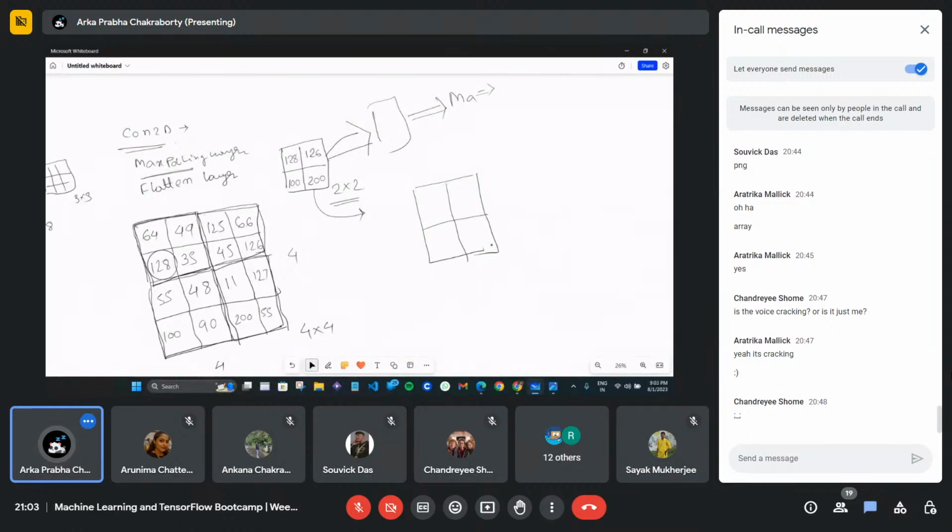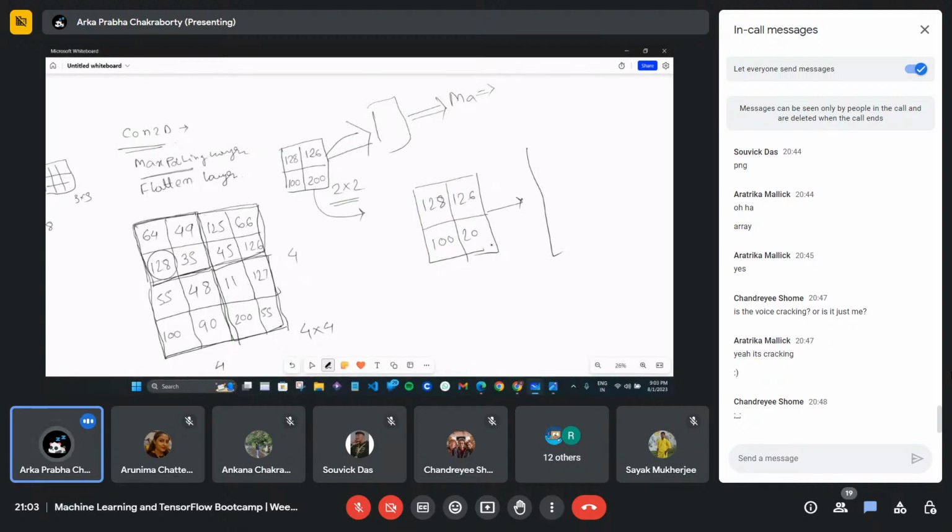Okay, let me show you first. So this is my 128, 126, 100 and 200. If I apply this flattened layer, what will be my output?